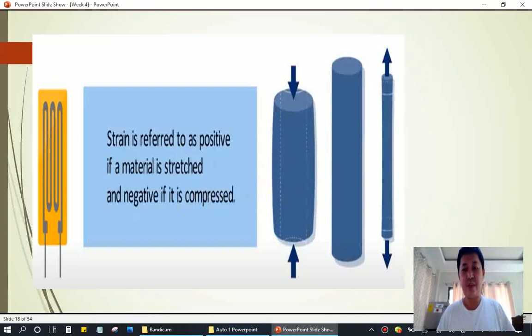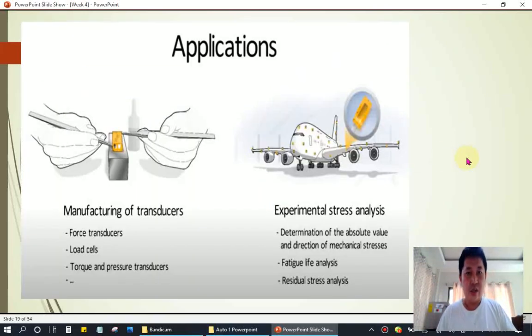So positive when stretched, but when it's compressed, it is negative. So we have here the application: manufacturing of transducers, force transducers, load cells, torque, and pressure transducers. Experimental stress analysis, determination of absolute value and direction of mechanical stresses, fatigue, life analysis, and residual